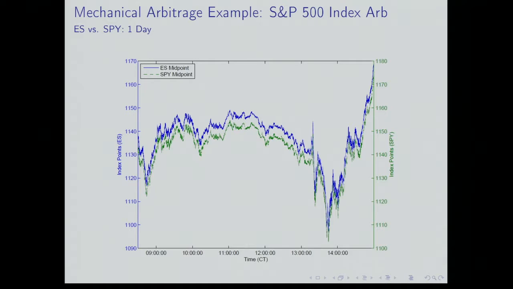Let me show you, to your question, an empirical example of one of these mechanical arbitrage opportunities. These are the 2 most heavily traded instruments that track the S&P 500 index in the US, the E-mini futures contract that trades in Chicago, ticker ES, and the S&P 500 exchange-traded fund that trades in New York, ticker SPY. This is a trading day. It was a busy day. Prices are fluctuating a lot. But these two instruments are perfectly correlated over the course of a trading day. As you'd expect, they both track the S&P 500 index. There's a mechanical arbitrage relationship between the 2 of them.